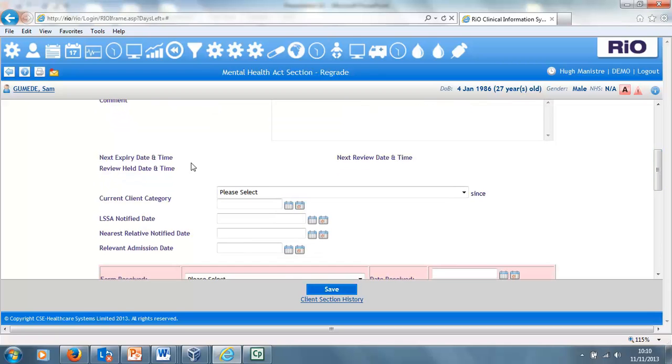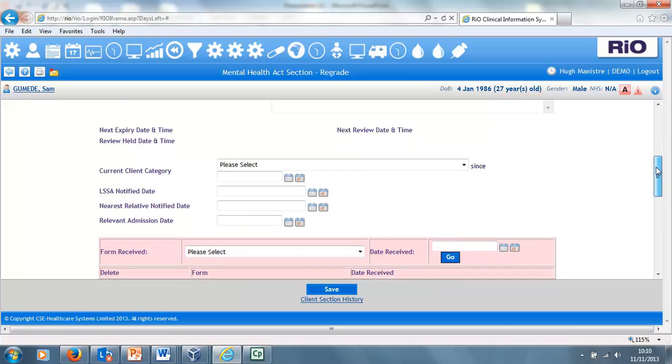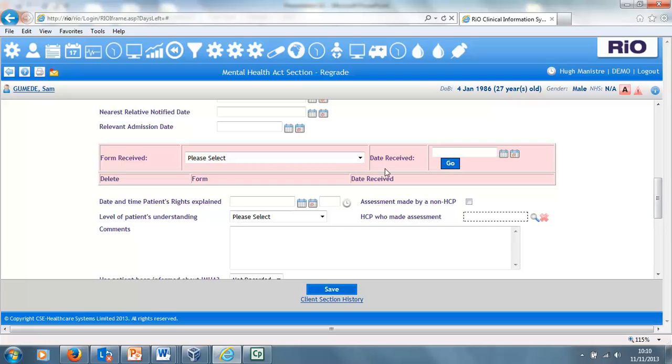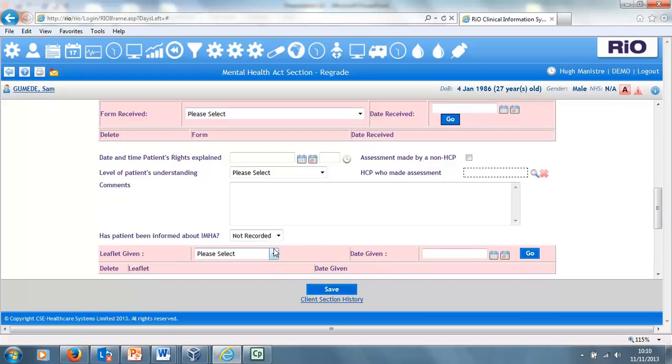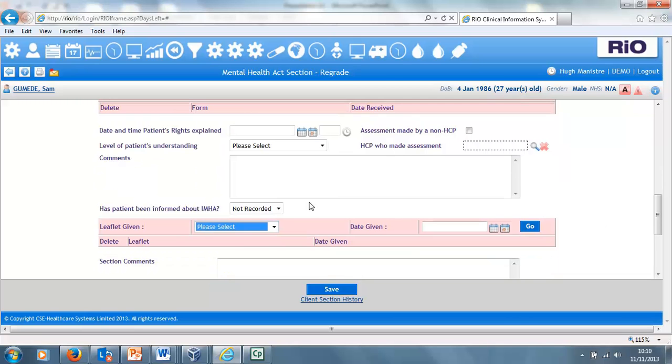And the next expiry date and time field, which will be populated with read-only information when we save on this field. Underneath that, you'll see that I've got a field to record details of any forms which have been received, and again pick lists in RIO locally configurable so that appropriate lists of forms and leaflets can be seen on the relevant section screens. And as you can see in the example below there, I can record details of information leaflets given to the patient,